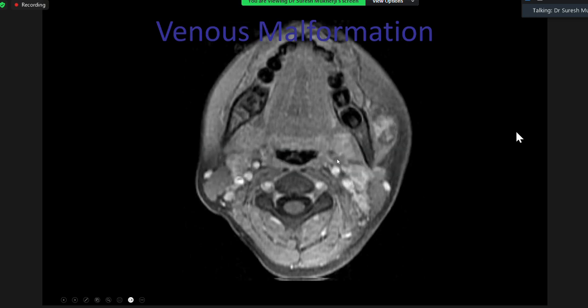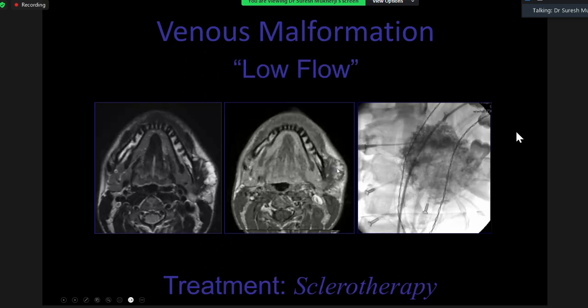We can see the high signal here on T2 weighted images. We can see the diffuse contrast enhancement. But again, notice there are no flow voids. Remember in hemangiomas, we saw that there was a mass with flow voids; here, no flow voids. So as a result, again, these patients can be treated with sclerotherapy